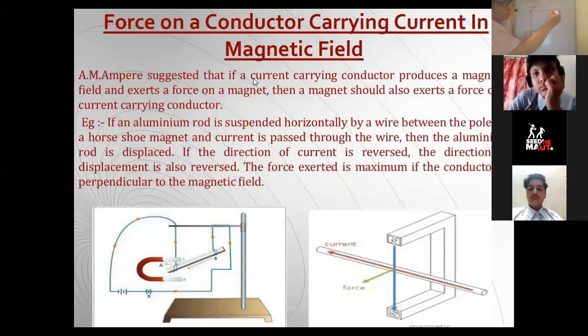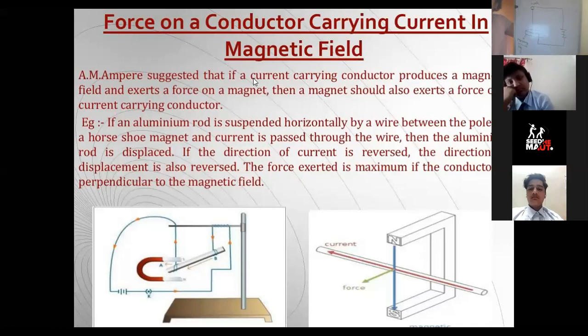Now I will apply a potential difference across the ends of this setup, meaning I am going to attach it to an electric source through which the current will flow. This is the key. This is the conductor which has been placed in this. This is another conductor, which is also free to move and is just dipped in the mercury. Why has mercury been kept here? Just to complete the circuit so that the current can flow through it.